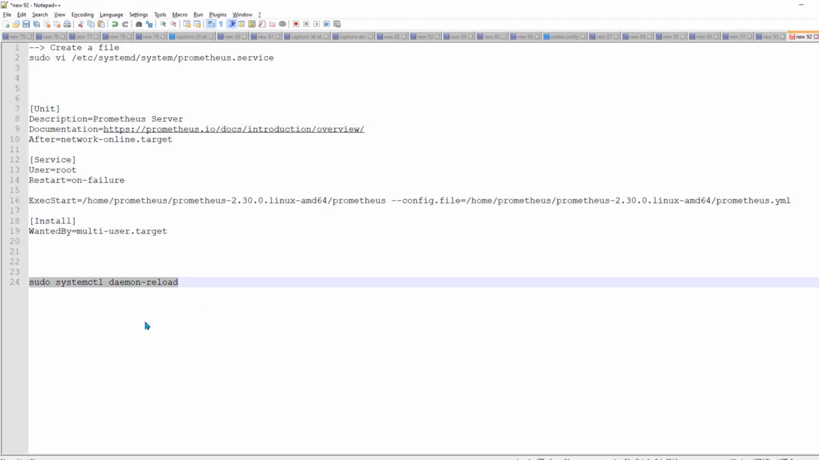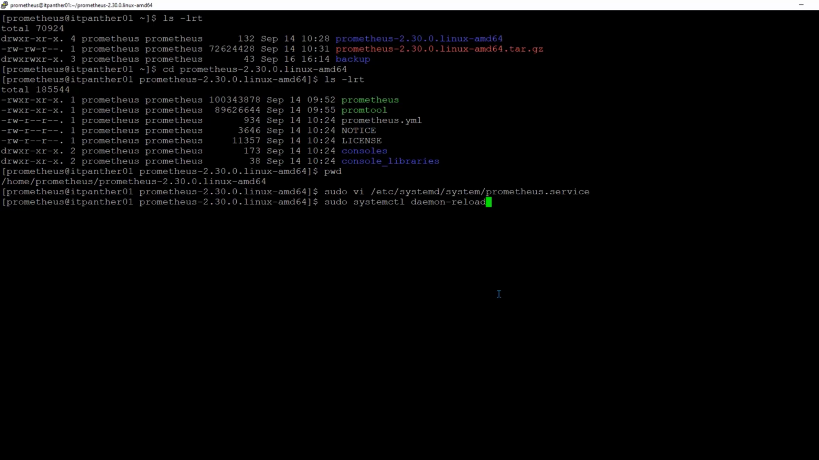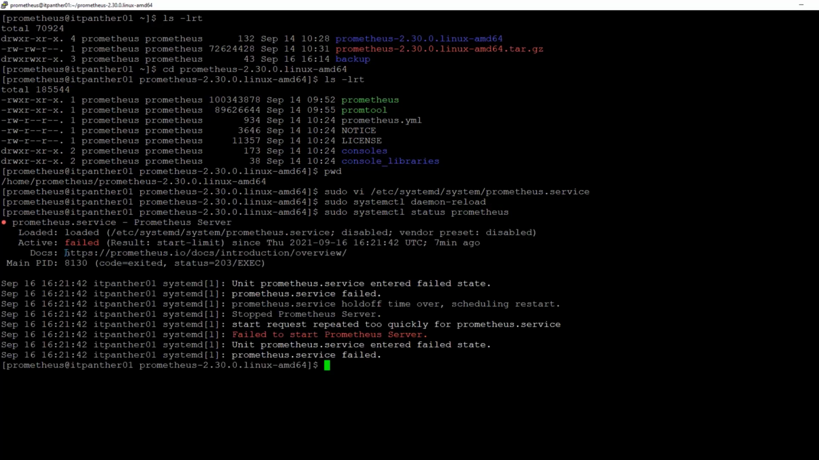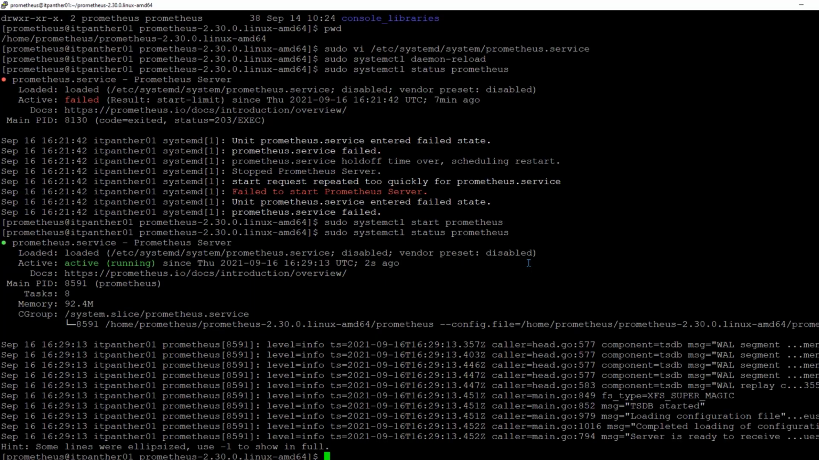So we are going to use sudo systemctl daemon-reload, and this is going to make everything aware that there is a configuration file which has been changed. And now we can do sudo systemctl status prometheus, and it is going to tell us that currently Prometheus is not running. And then I'm just going to start Prometheus again. So we are going to say sudo systemctl start prometheus, and then we can check the status again. So right now you can see it is saying Prometheus is active and running,